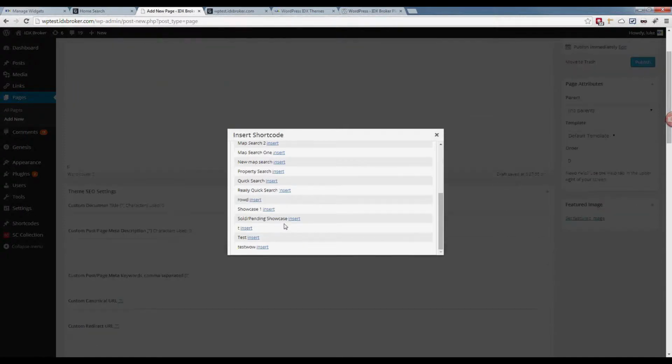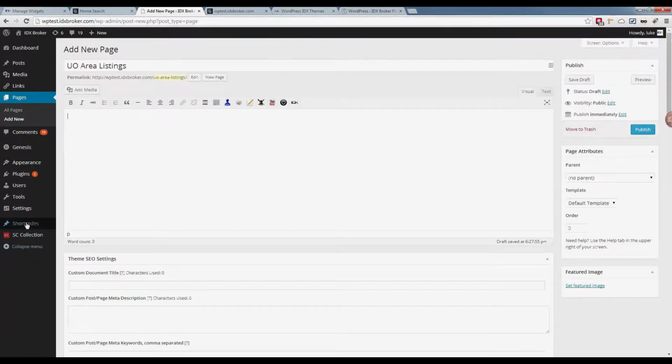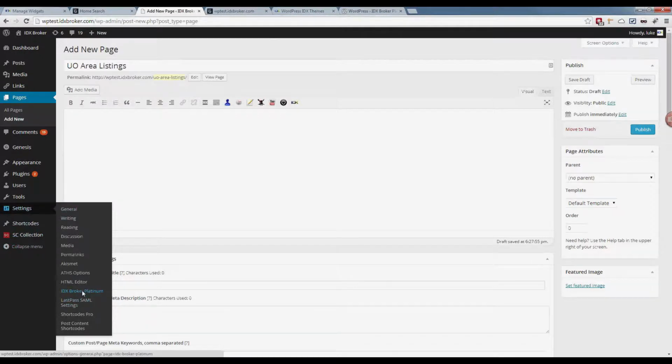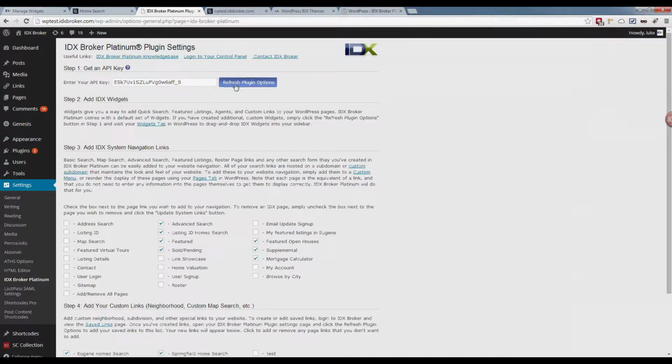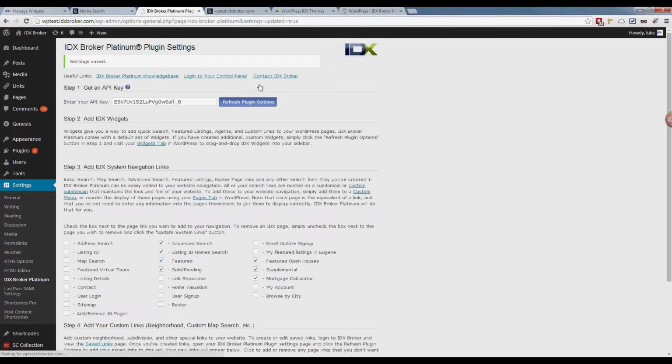widget. So if I go down here, oh, whoops, and I did that without doing the refresh. So it's important that, let's go back. It's always important that when you make a change in Platinum, you go and refresh the API, because to prevent you from hitting the API limit with our servers, we don't automatically refresh that information. And so now I can go back to pages